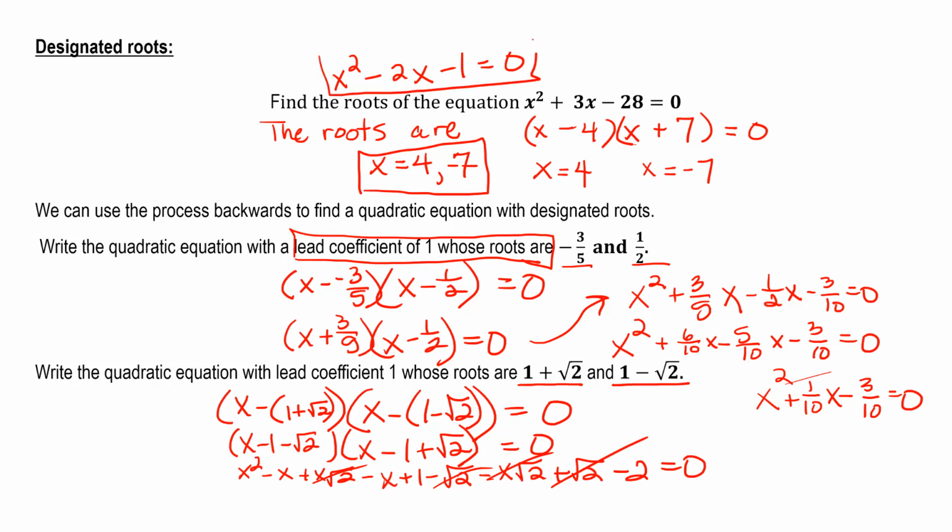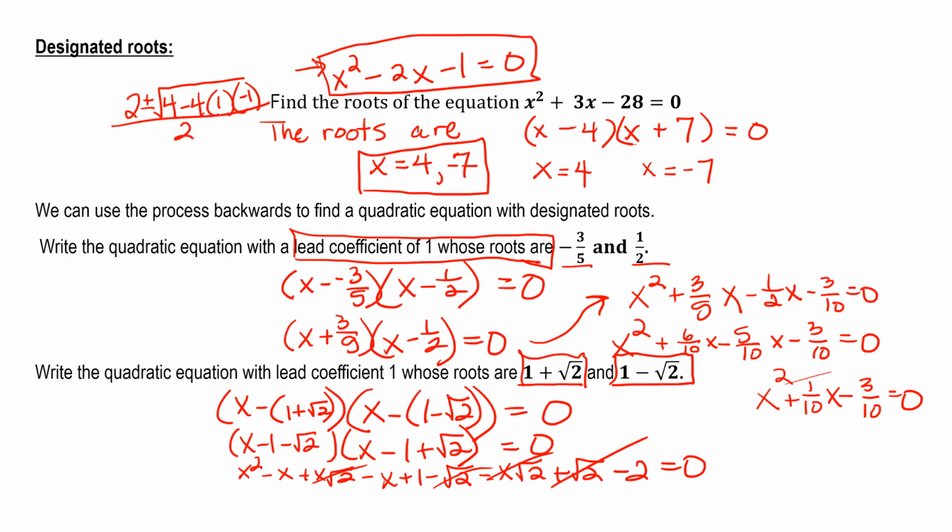And if you were to plug that into the quadratic formula, you should get these roots, 1 plus the square root of 2 and 1 minus the square root of 2. So let's just try it and see what happens. If we plug the coefficients of this equation right here into the quadratic formula, we should get these roots because we created the equation in order for it to have those roots. So plugging it in, we've got negative b, so 2, plus or minus the square root of b squared, which is 4, minus 4ac